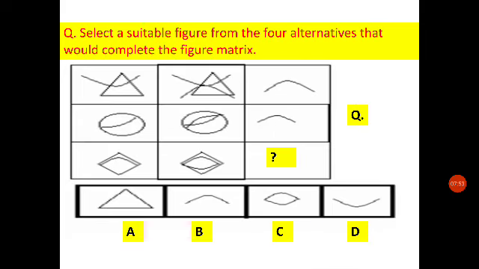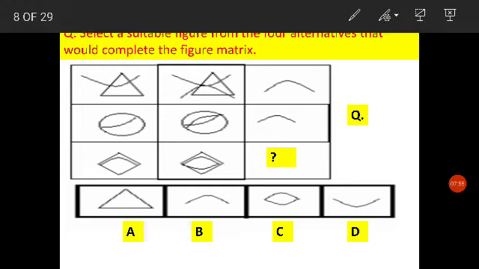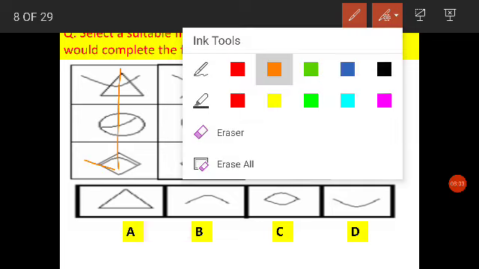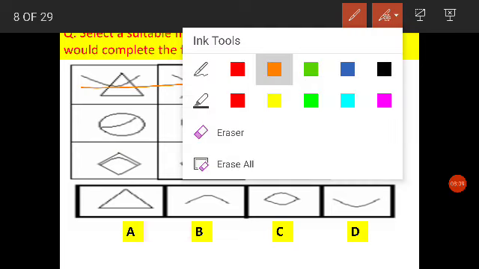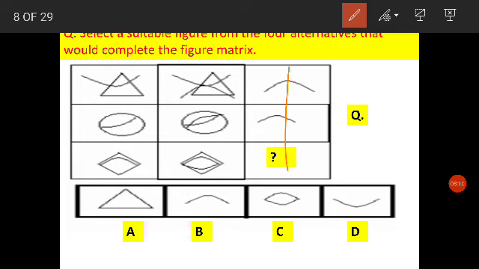Now this one, if you want to cut down time, immediately you can see these patterns. Actually the series are going like this, in this direction. So if you note this pattern, there's a figure like this, then like this, then the next one also has to be like this, and here is the answer.